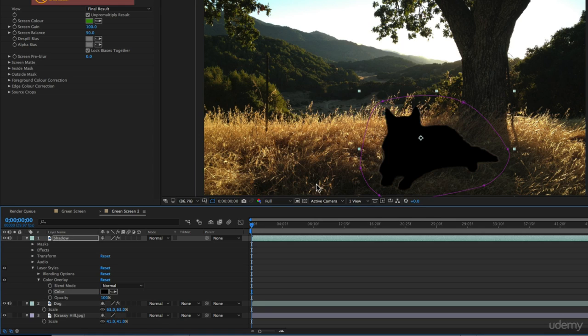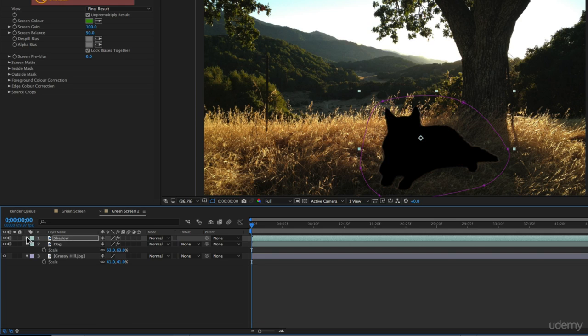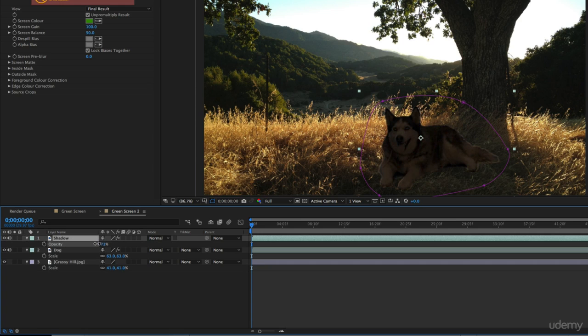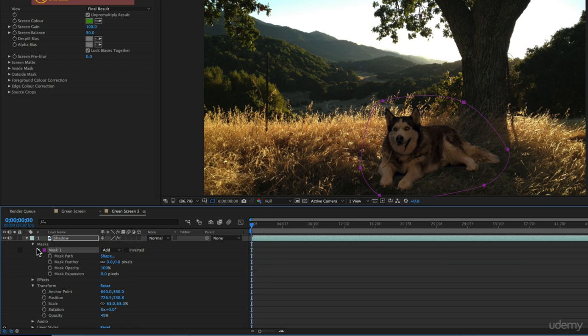Now, what I want to do is drop the opacity, not here under color overlay, but of this shadow itself. So with shadow selected, press T to bring up opacity and drop that opacity. So now we're getting a more natural shadow on top of the dog that matches the shape of the dog. But I want to actually bring in this mask a little bit more to make it a little bit more